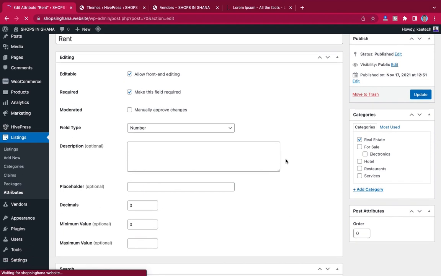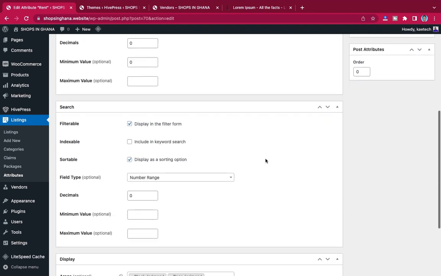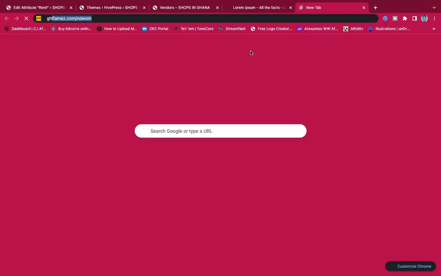With the rent, you can assign it to anything that you want to assign it to. We want to scroll down and change the value from dollars to Ghana cedi. I can change it to this one, or I can go to Google and search for Ghana cedi,